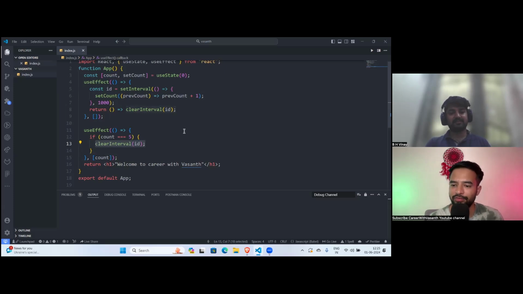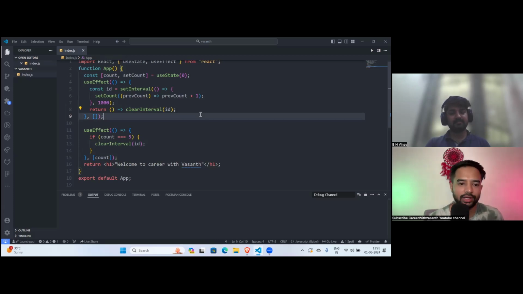See, line number 8 return, whatever we have, right? That is executed whenever the user leaves the current page. componentDidUnmount. Whenever unmount is happening, right? That is the time when line number 8 gets executed. You can correct me if I'm wrong. What do you think? Yes, sir. Okay, yes. Putting it another way, in our case where we have only one file, line number 8 almost has no effect.